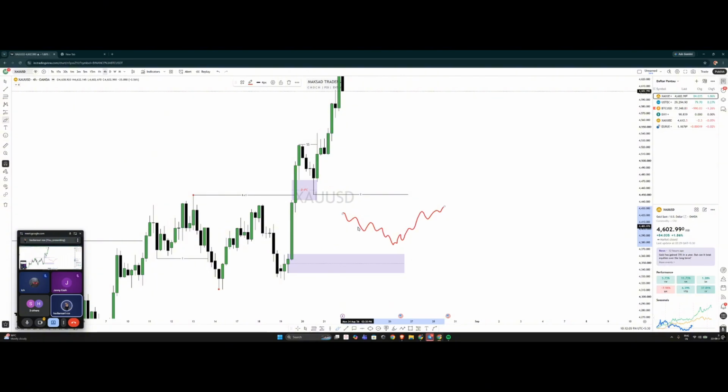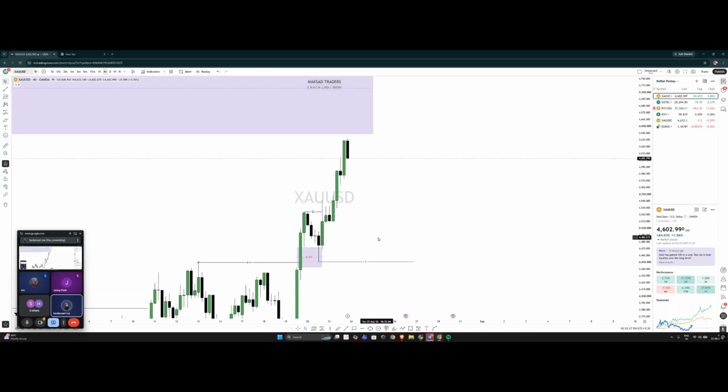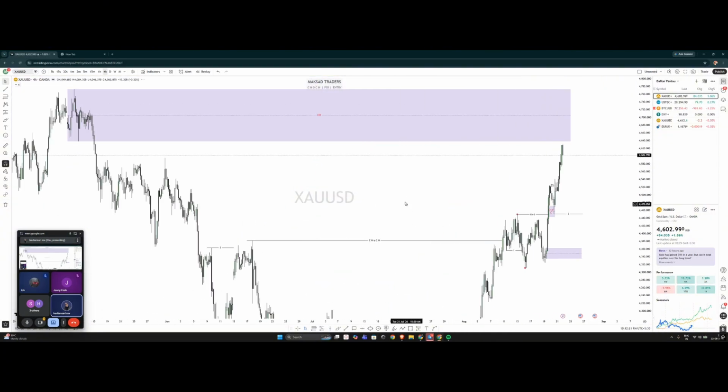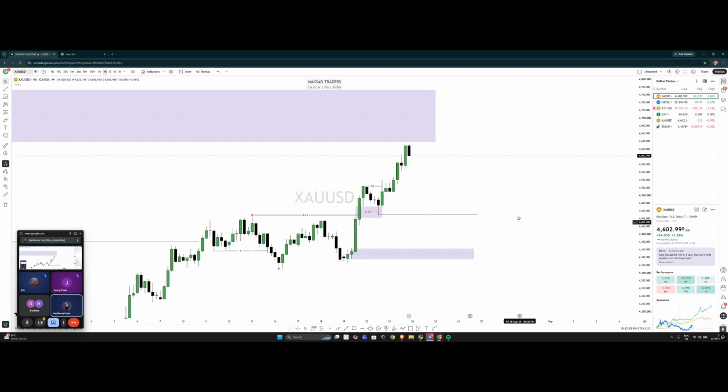Anywhere on lower time frame, any confirmation will go bullish. But for now, we have to decide, we have to find out if the market is going to take this till the inducement or not. Okay, so on 4 hours, I believe this is all we have. Yeah, that's all we have on 4 hours.